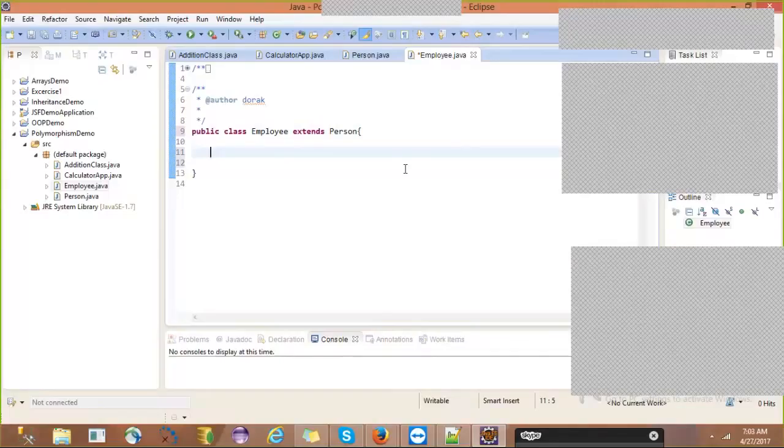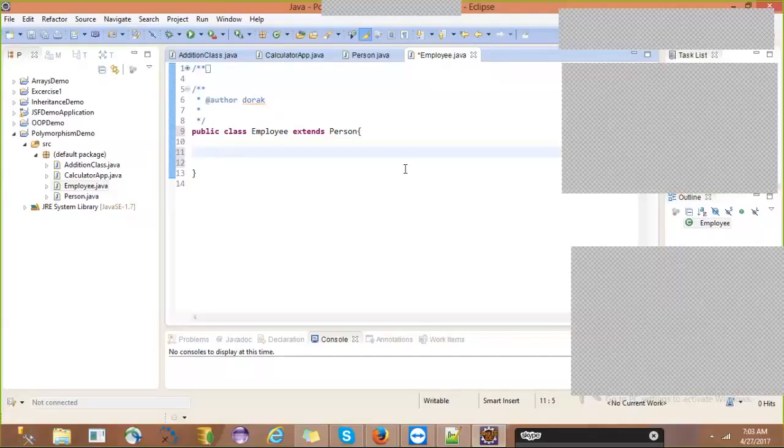Now, in the employee class, what are the attributes that I need? Yeah, just list them in the chat window. In the employee class, what are the members I need to write, guys? Yes, EID. Next, salary we need. And of course, address also we require.